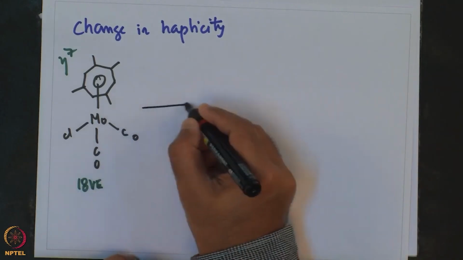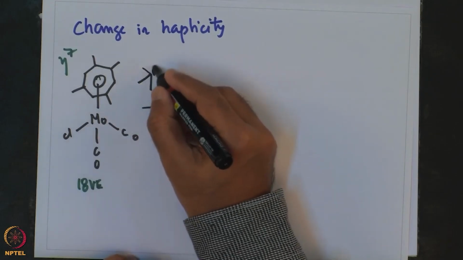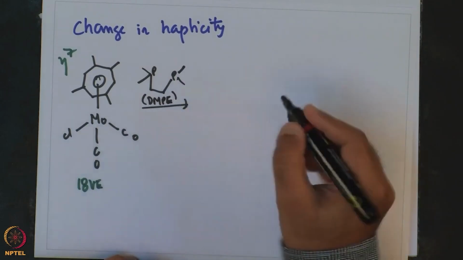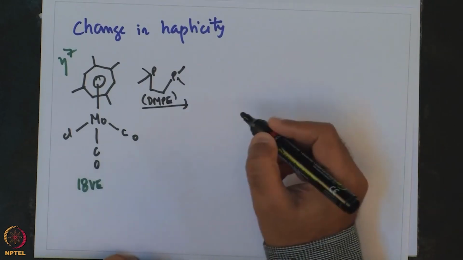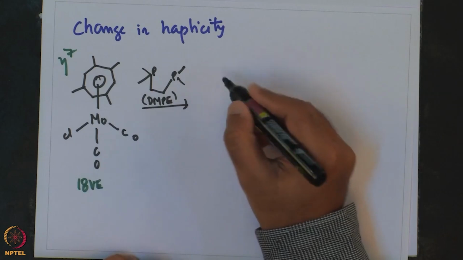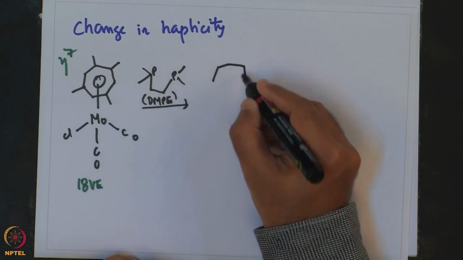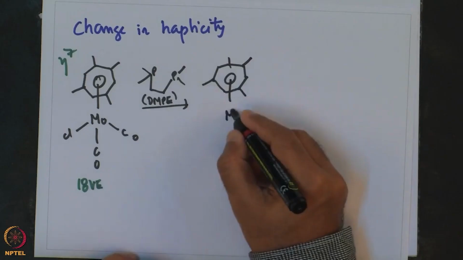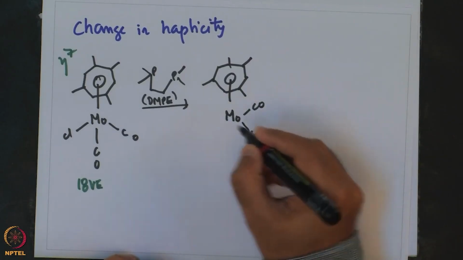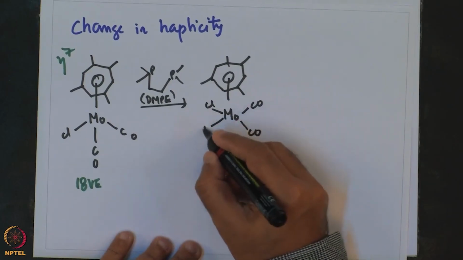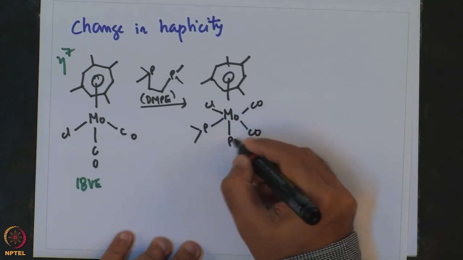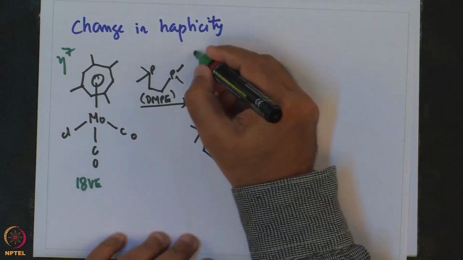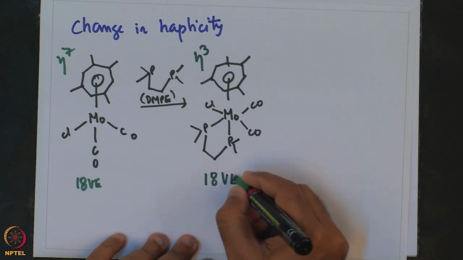in presence of dimethyl phosphinoethane or DMPE gives this DMPE coordinated compound, which also is an eta 3 bound 18 valence electron species,